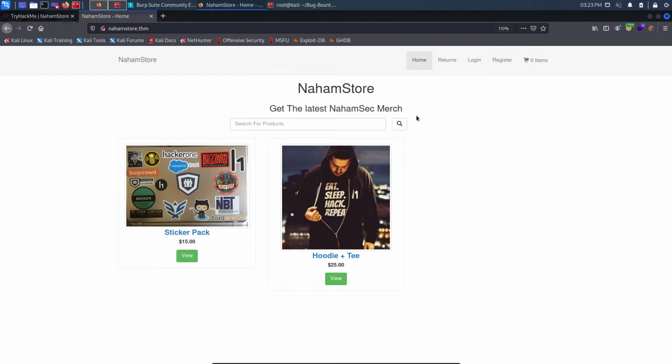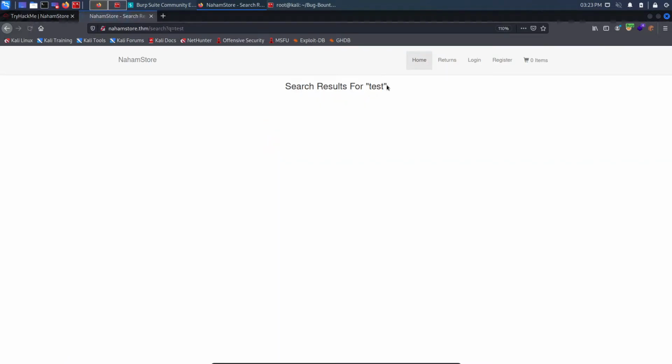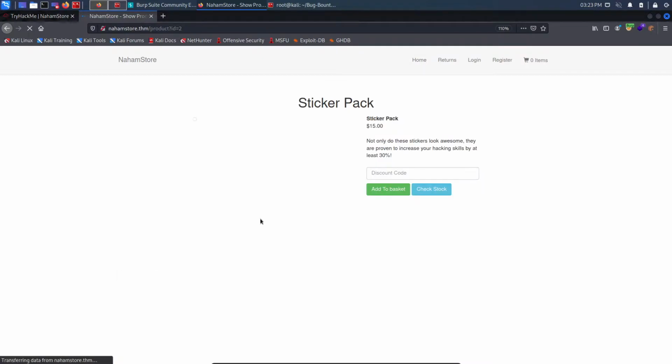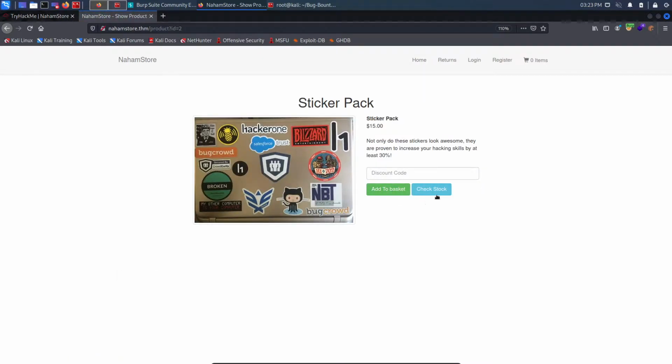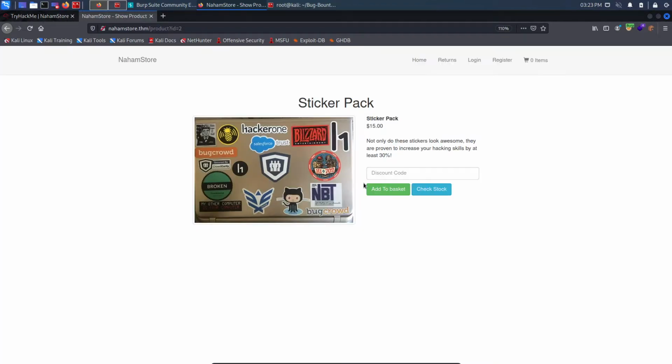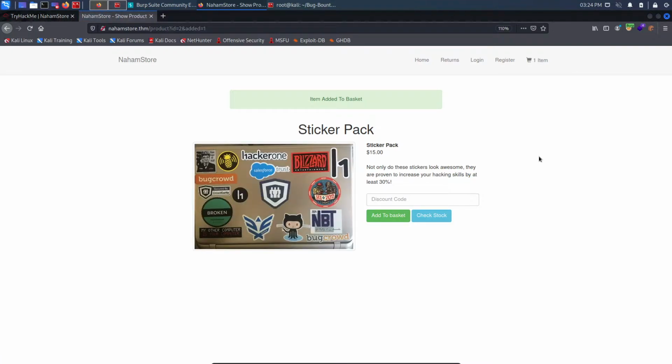Now what I will do is manually test everything right here. I will click on home page. I will search here for something like test, click on search, nothing happens. Let's come back here. Then I will click on the view button right here to see this product. I go to the product endpoint. Then I will try to check stock. So check stock might also work. There are 293 items in the stock. Then add to basket. So now it is added to the basket. Now if I go to my, let's say, cart,